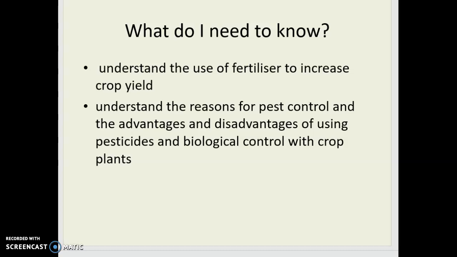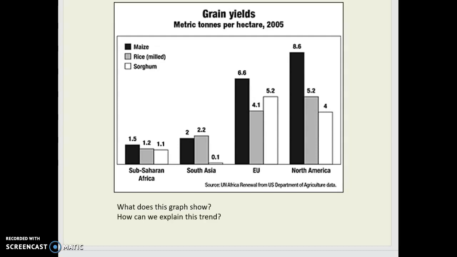And then also, because if you've got good plants, obviously other things want to eat them. It's not just humans that want to eat these plants. So obviously, how we can control pests and the advantages and disadvantages of using pesticides in comparison to a biological control. So if we just start at this graph here, if we think about what it says,